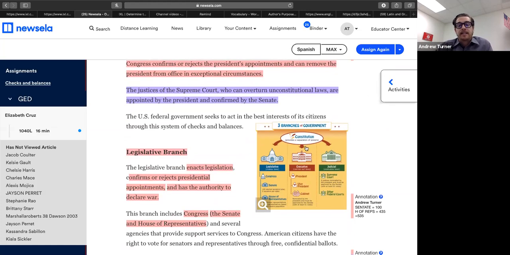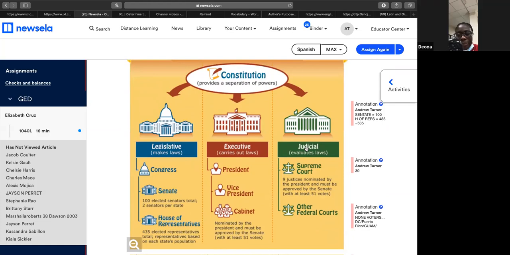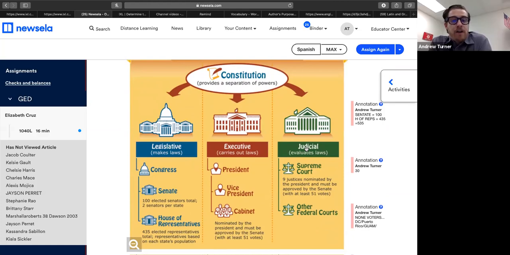I want to look at this so we can get a visual, okay? Can you guys see that? Yes. So we have just, again, this is a very elementary version of what the legislative, executive, and judicial does,